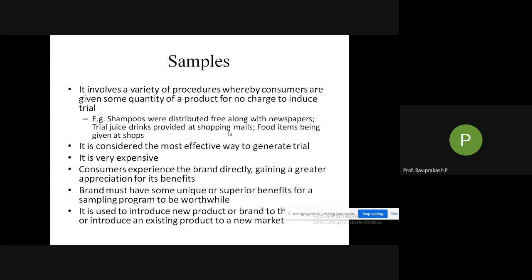Like for example, I'll give you Fogg and other deodorants. How did they come into the market? So, perfume without gas, or scent without gas. What they showed was, others have only gas and it will fly away. The smell will not be there for a longer period of time. But my product is not gas, it's in liquid form, so it will stay with you, or the smell is there with you for a longer period of time.